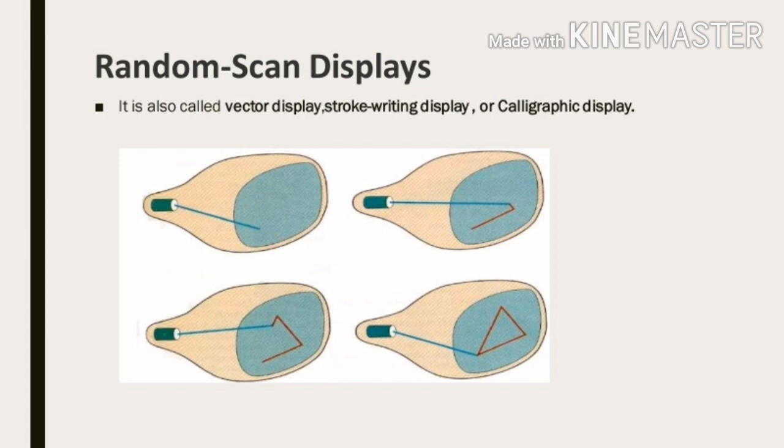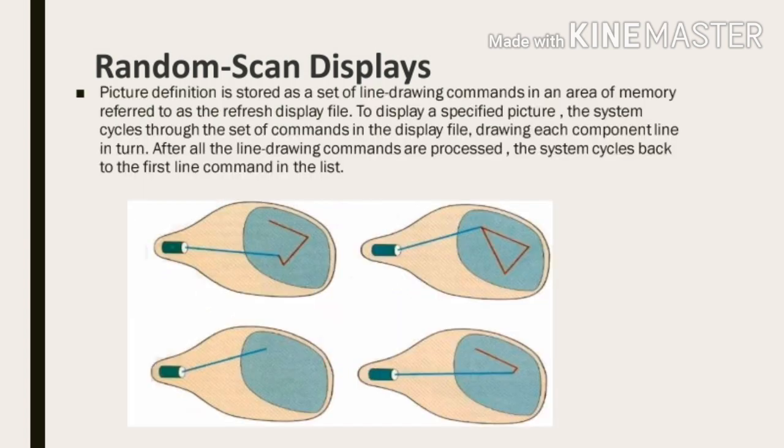Here in a figure you can find this one where this particular line is going to get drawn. So accordingly the electron beam is moving on that particular area. If you want to draw any picture, then the beam will move only to that area of the screen where you want the picture to be drawn. As you can see, drawing one triangle in this picture.